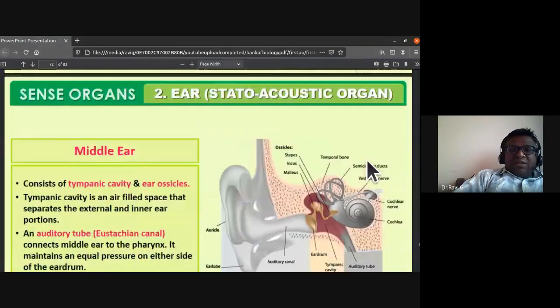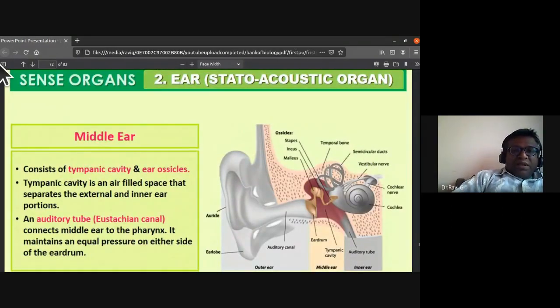Any doubts or clarification, dear students? It is a little tough. I'll not go into the nose. We'll concentrate on these two topics that we have discussed, the eye and the ear. We also completed the diencephalon of the brain. In today's class, we also discussed the reflex action and reflex arc, isn't it? Any doubts you are having, dear students?